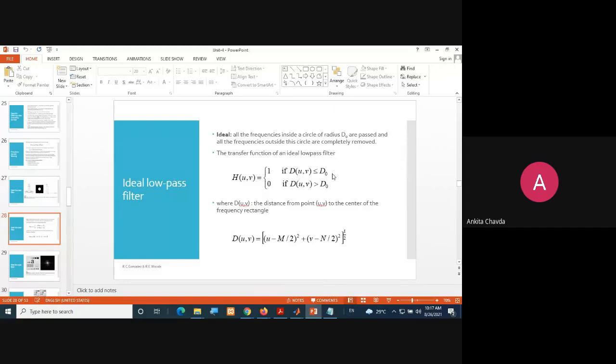So if my d of uv is less than or equal to this, I am saying that you can pass, because it's a low pass filter, so I'll allow it to pass. But if it is greater than my range, then it will become 0.